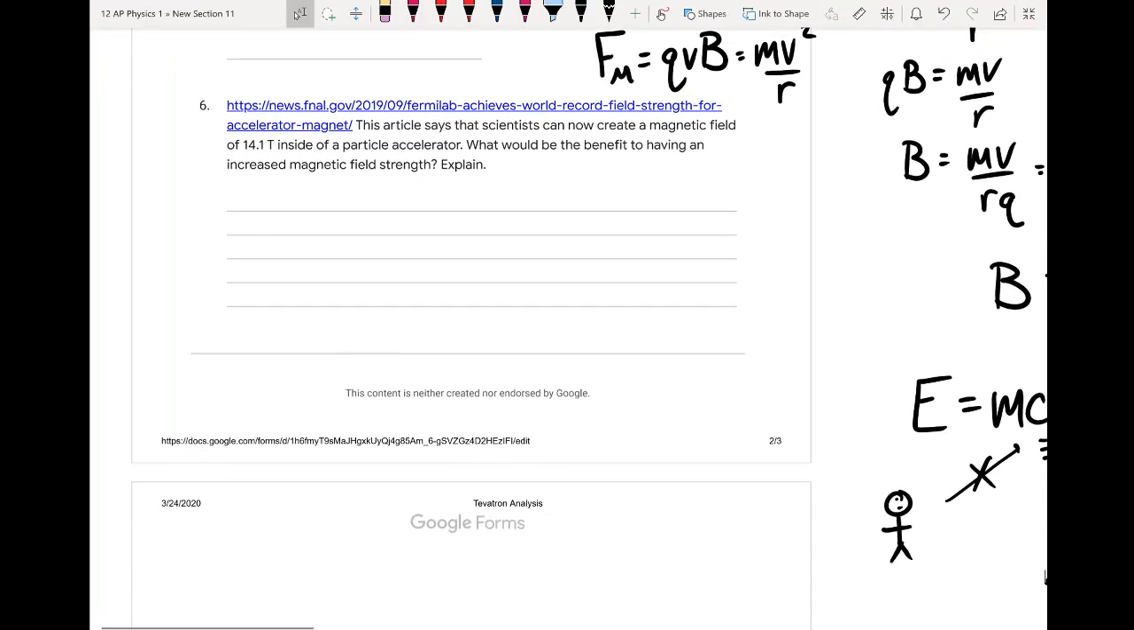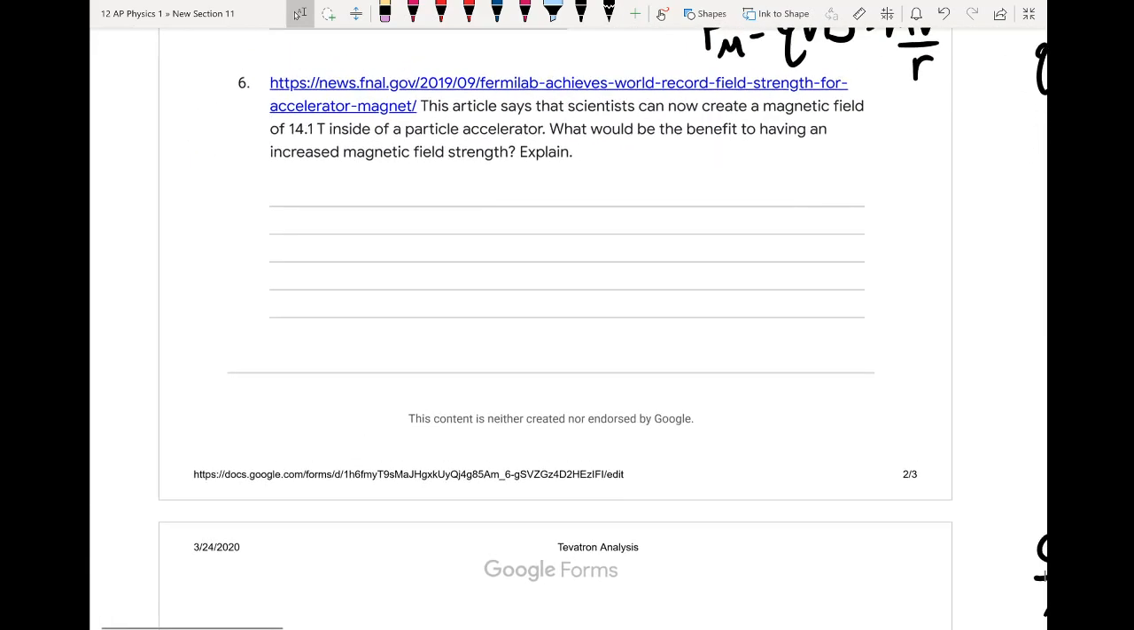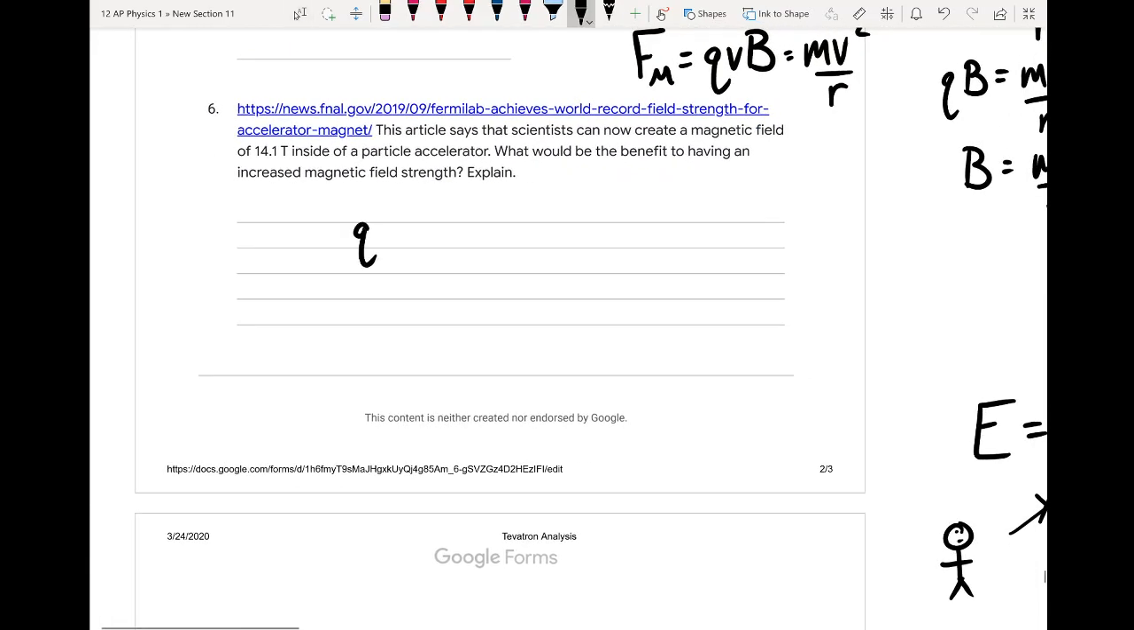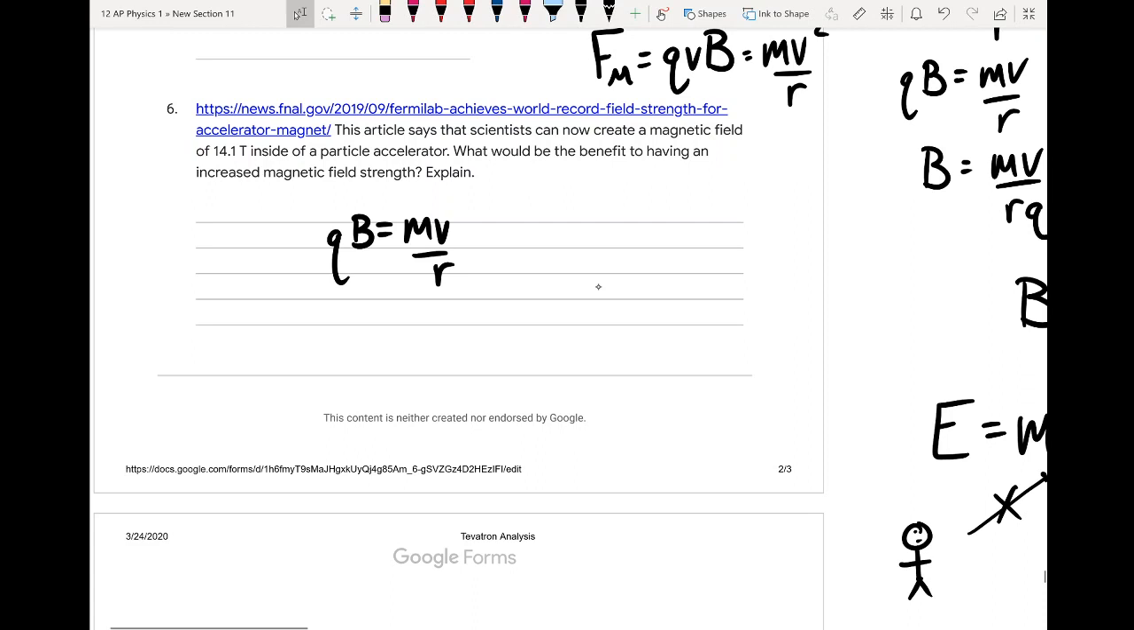So why would it be useful for us to have an ability to create such large magnetic fields? If we're looking at this equation, we have qvB equals mv squared over r, and we can cancel out one of the v's. If our magnetic field is able to get really big,